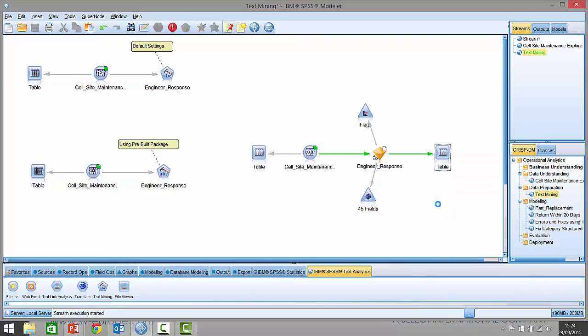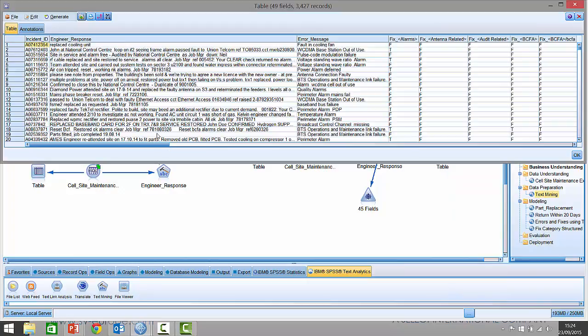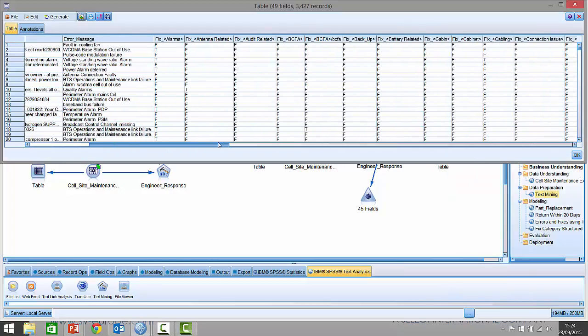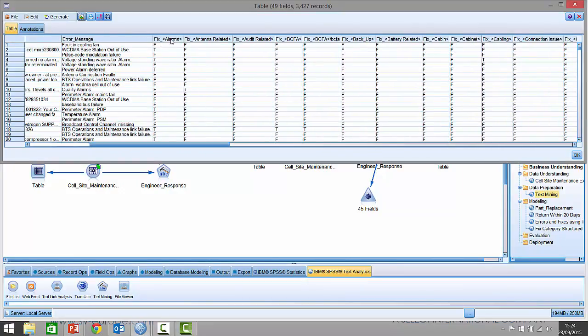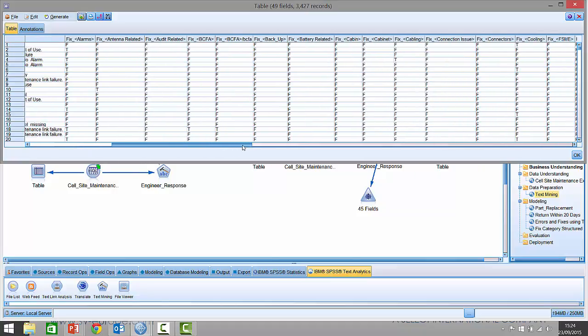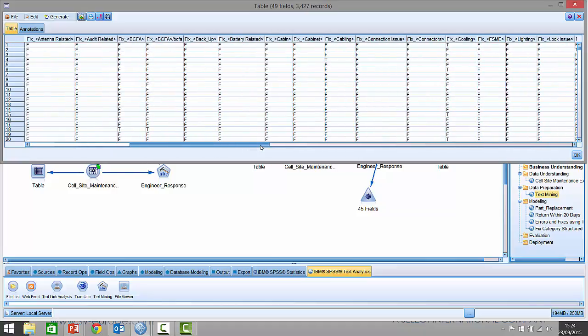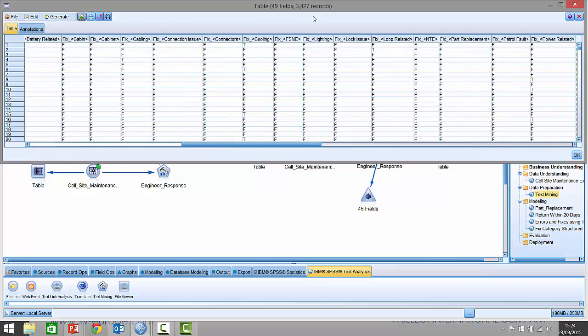So for example, if I rerun this process using a previously built text analytics package here, and the resultant model, if I look at the data it produces, what we see is that we've now got all these different fields that have been created, which say fix alarms, fix antennae, fix audit related, fix BCFA. So I've given it the prefix fix because I know it's related to what the engineer did on site. And what I'm interested in is whether or not any of these things that the engineer did have a bearing upon, let's say, for example, whether or not the site has to be revisited again in 20 days,